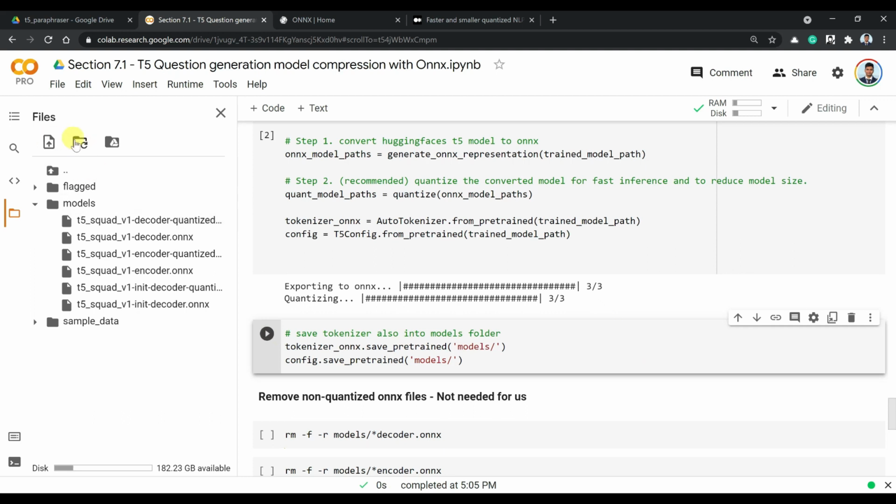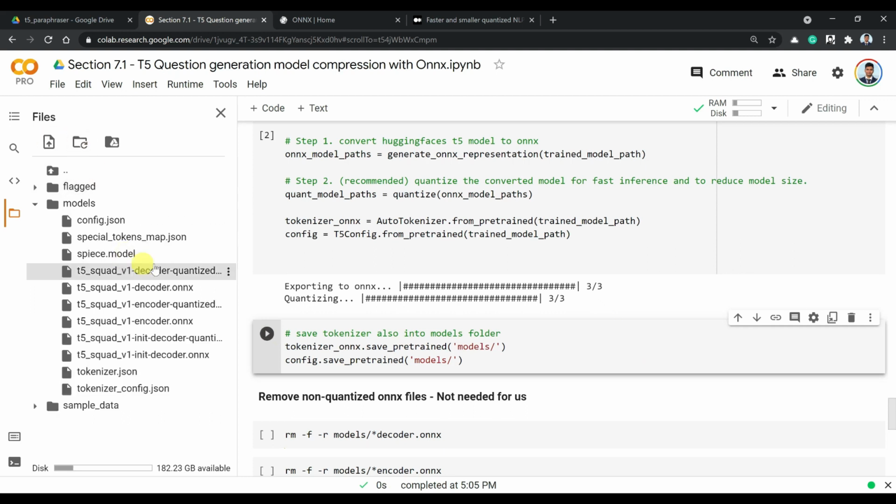So once you run that and just refresh, you will see that all the tokenizer files of sentence piece and config.json, all these files are added here. This is essential because if you want to load the model and tokenizer from a single folder, this is helpful. So for that reason, to ease our process, we are going to place all the tokenizer, config as well as the model, all these files in here.